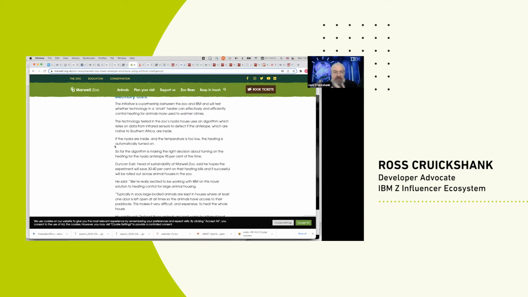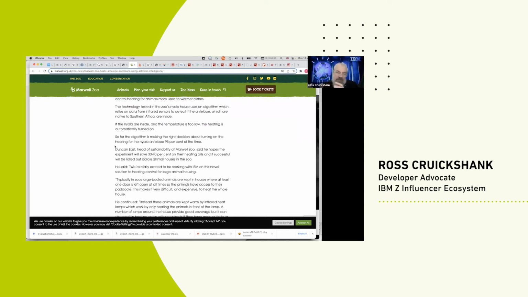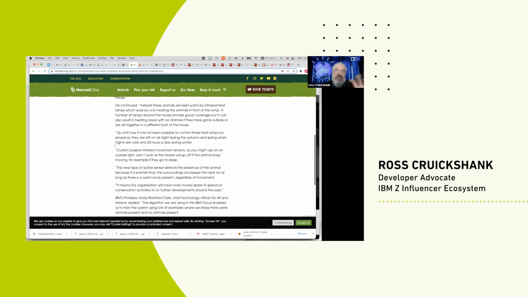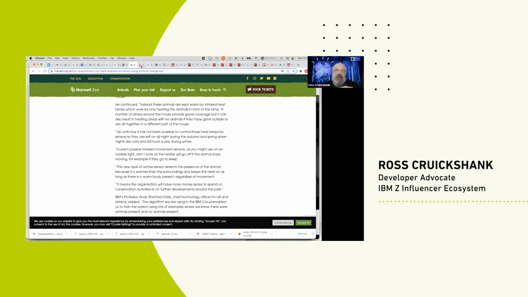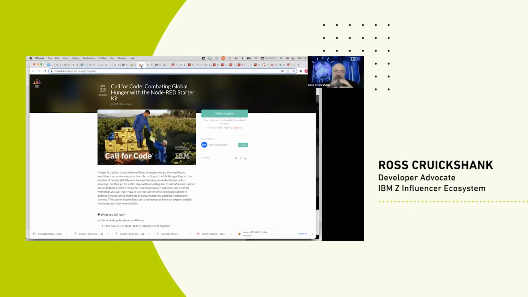And that led us through to a solution now that's being looked at by other zoos. But using this open source technology for Node-RED, image capture, and then driving and controlling the heating elements and some of the airflow devices. So real simple stuff. And then last one of sample is we've been actually integrating in the Call for Code,